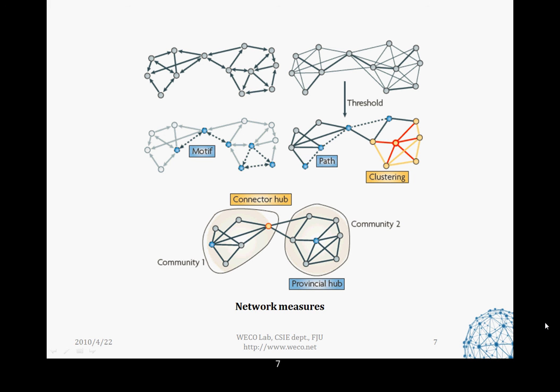There's community 1 and community 2. They may have a connector hub. In the brain, we most usually